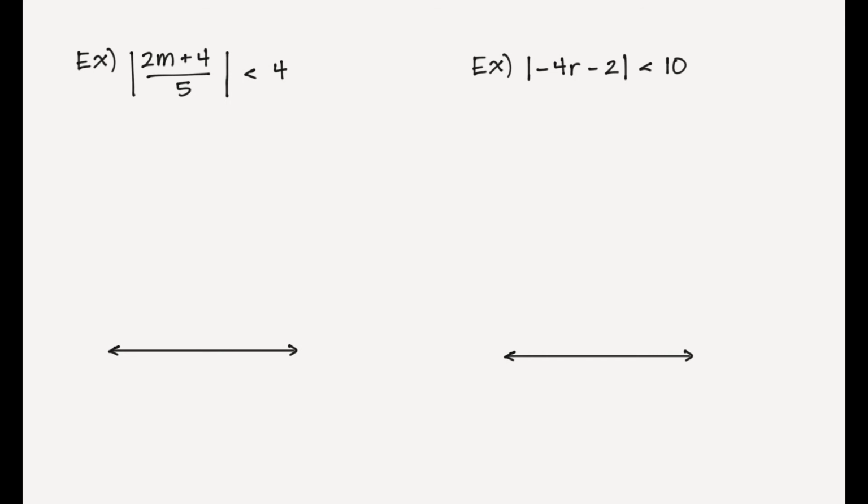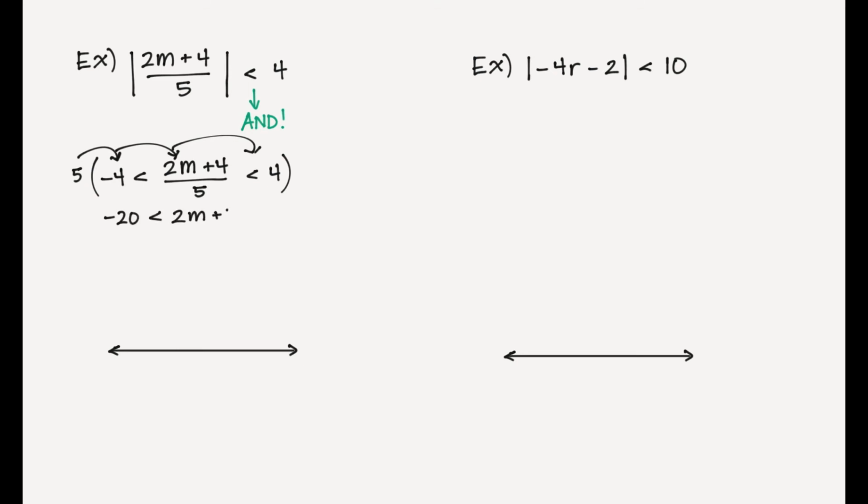For our next example, because we have a less than, it's telling us that it's going to be an and statement. So I'm going to write everything in between negative 4 and positive 4. And then if I want to get rid of that denominator of 5, that means I'm going to multiply everything by 5. So that's going to leave me with negative 20 is less than 2m plus 4, which is less than positive 20. Now I can subtract all three sections by 4, and that leaves me with negative 24 is